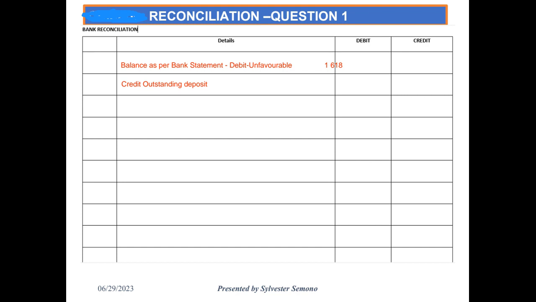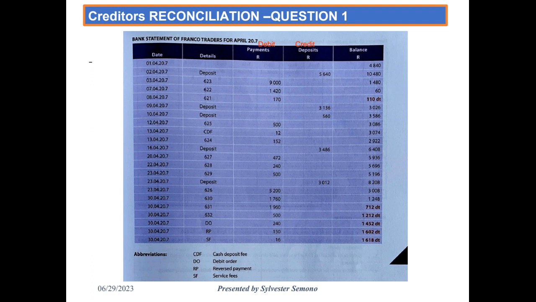Remember the previous exercise we did yesterday? They gave us everything. So here we must find it ourselves. But how can you find it? To find the outstanding deposit, you can write it down. Okay. We compare